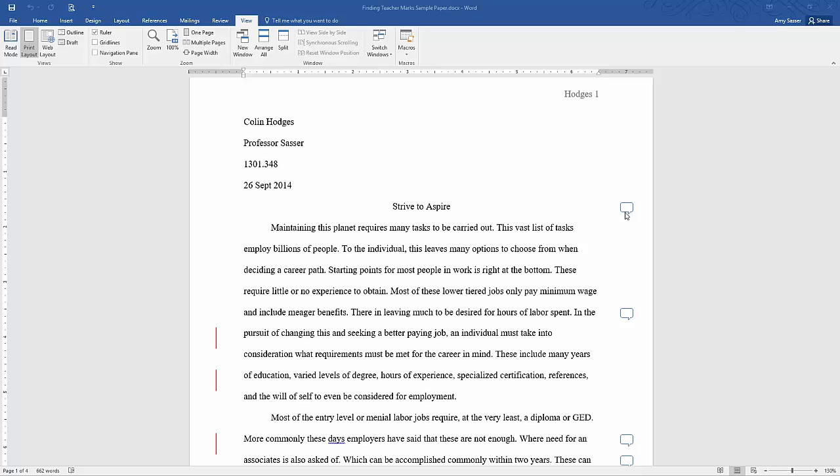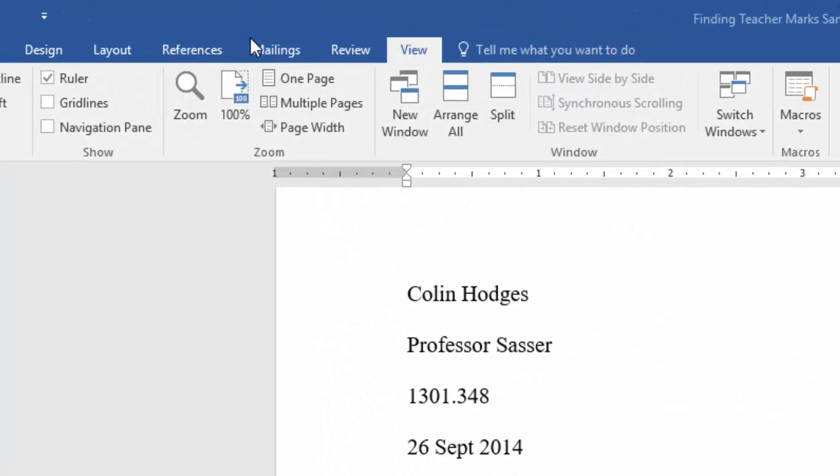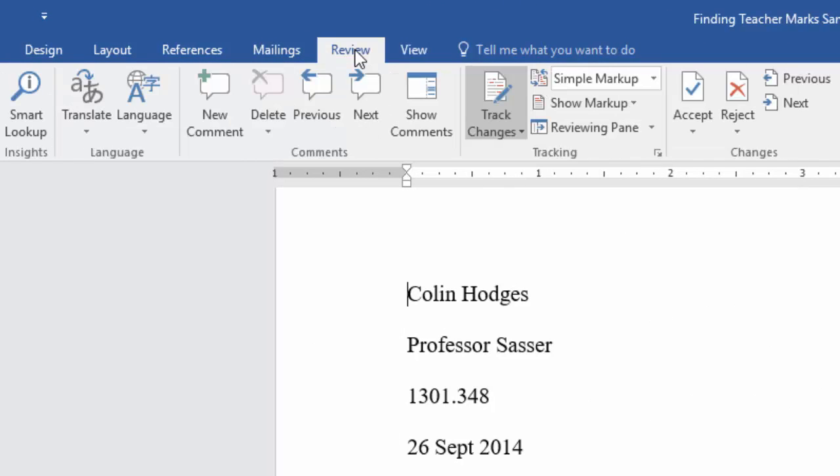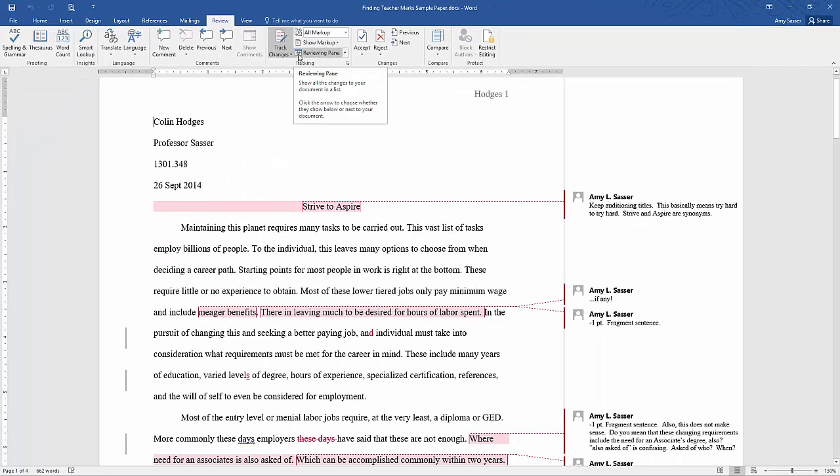In order to view them, the quickest and easiest way to do so is to click on the Review tab and then click All Markup. This shows all of the changes that I made as well as any comments. Let's skip through this paper so that we can see some of the comments that were made and perhaps answer